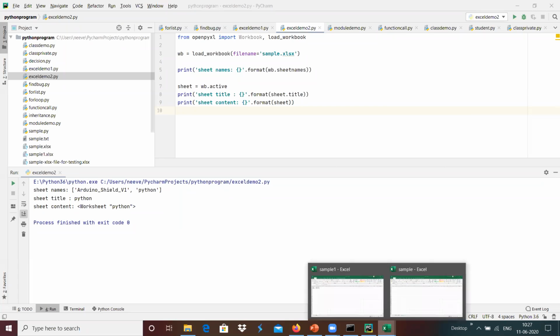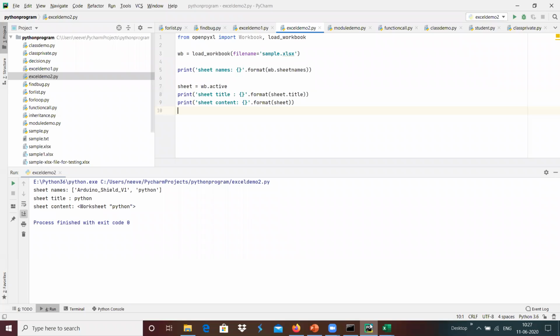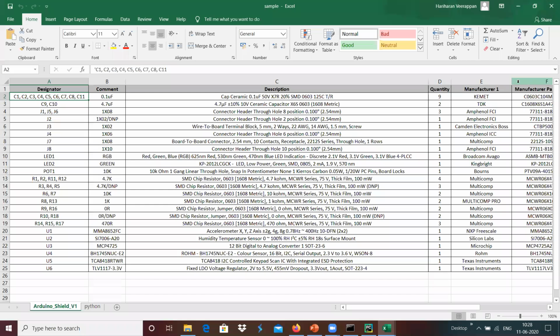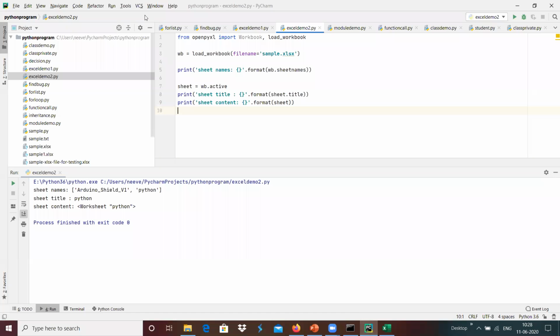If suppose I have selected, for example, in the opened file, I have used this one. Now, if you run this, we will get the sheet file name as Arduino 1. WB active, which is Python, and maybe